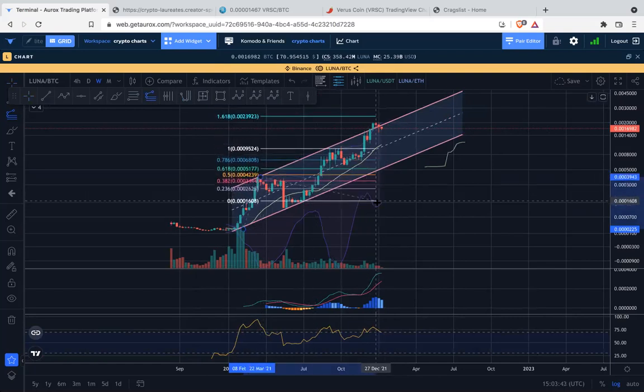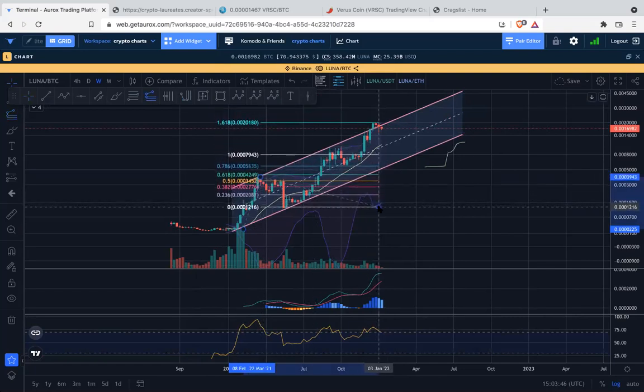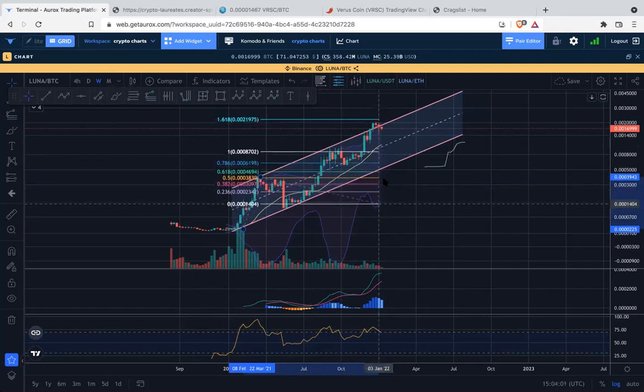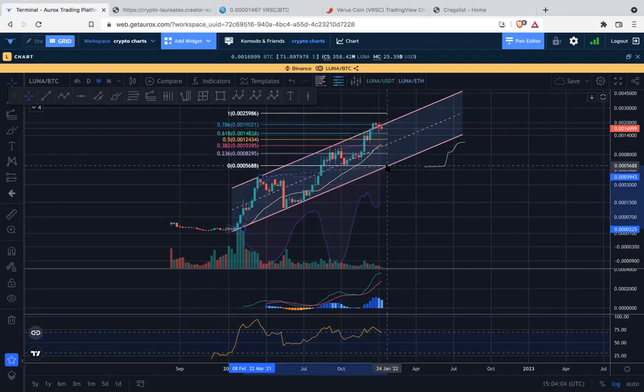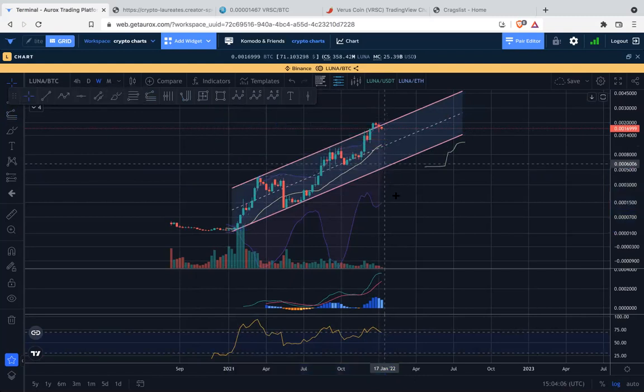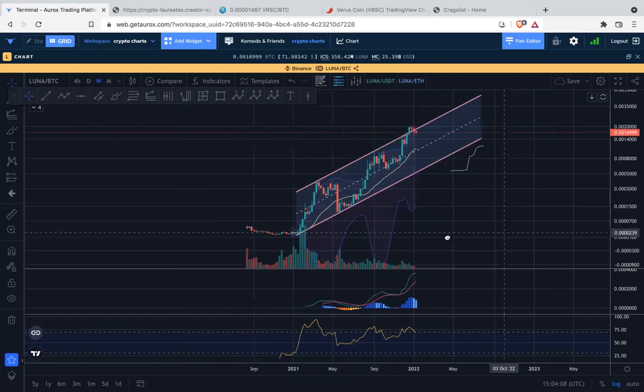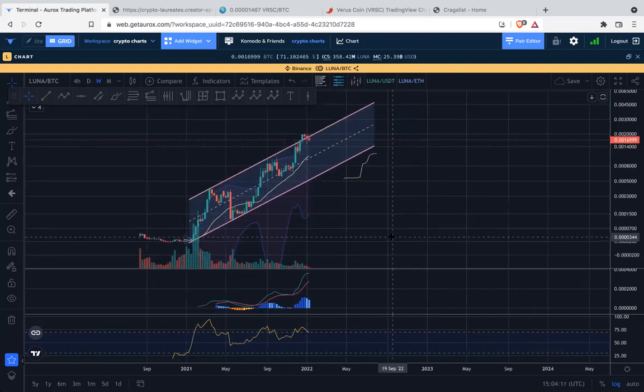compare it internally with this potential 3 move, and yeah, in my opinion, this whole thing would have to be the 3, because then we get to that 161.8 extension. That makes more sense than keeping it at 1-to-1, like this 1 wave and this 3 wave being 1-to-1 roughly, and then the 5 wave being like 78.6 of that. Just doesn't seem to be well proportioned. So in that sense, Luna looks like we're starting or involved potentially with the 4th wave of this overall move here, in which case it might look,